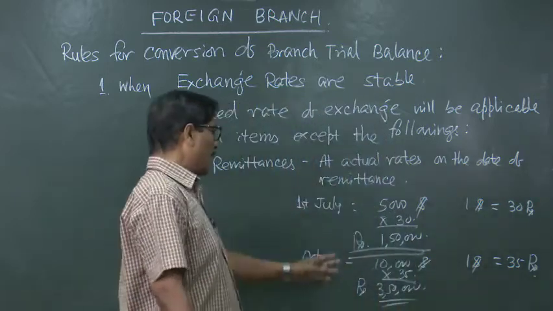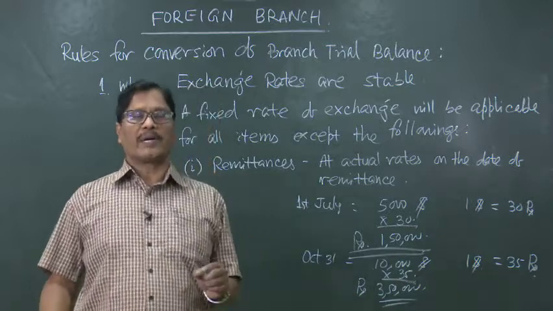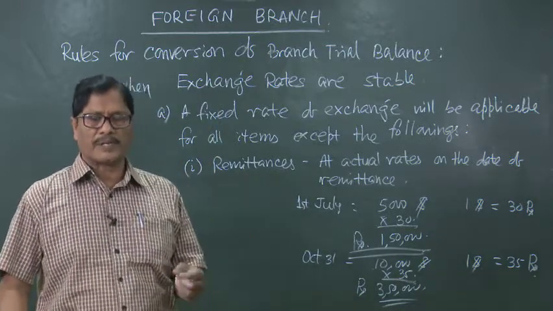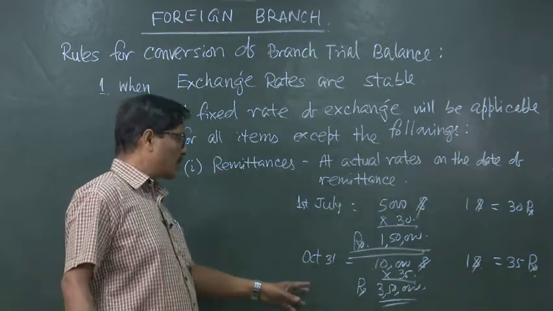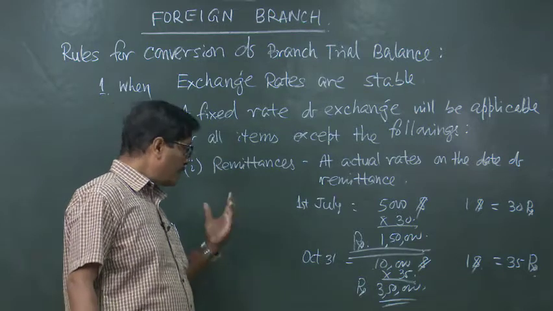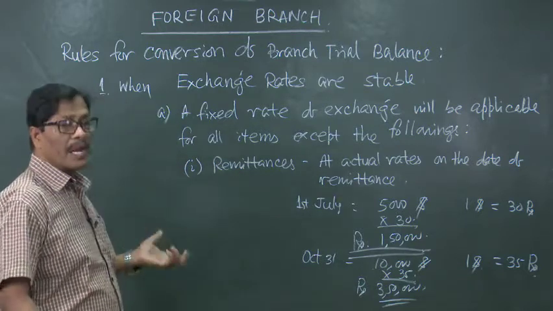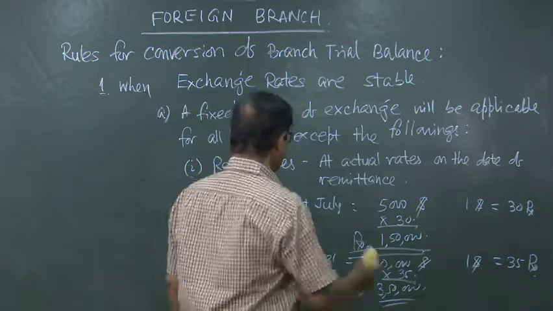We cannot apply either 30 or 35 in both the cases. On the date of remittance, what is the rate? The actual rate of exchange will have to be applied, and we will be knowing what is the total amount of remittances received by the head office from time to time. Like this it will be converted. Then the second thing is